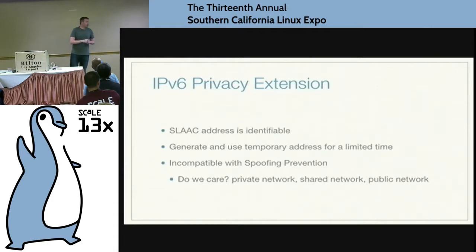Where it gets tricky in the cloud is when we have spoofing prevention turned on. A lot of what it does is say, for this port, only this IP address and MAC combination is allowed to be used. The problem is that the address is being generated randomly by the client, so we have two choices. We either write code which snoops out the RA and the duplicate address detection and realizes, hey, this client's now talking, we need to update the spoofing rules, or we ask that clients turn off the privacy extensions, which you can do in the kernel config.